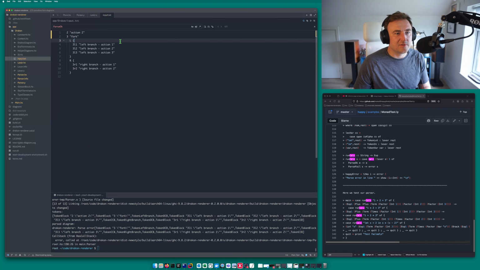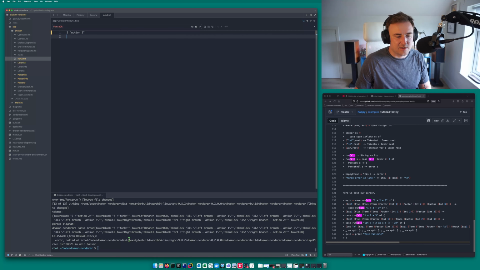So if I remove everything from the input except the action, it should still produce an error.